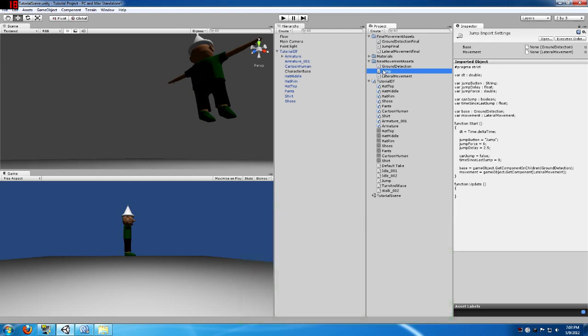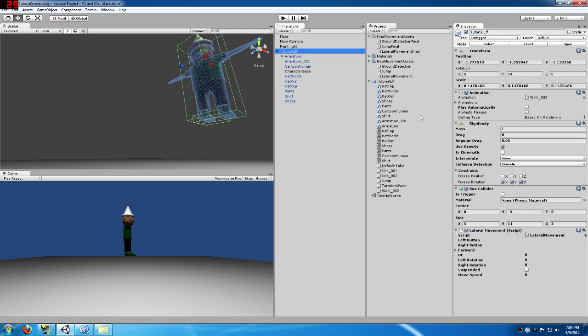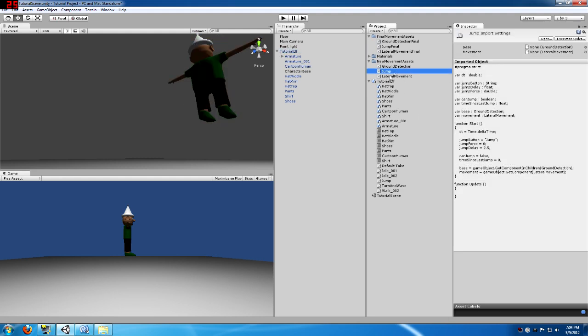Before we do that, I want to go into a little bit of detail about exactly how this will work. When our character is on the ground and the player presses a button, it should make him jump. And gravity applied from this character's rigid body will make him fall back down to the ground. I want there to be a slight delay in between each jump, which will be a jump delay variable I'll set up, and